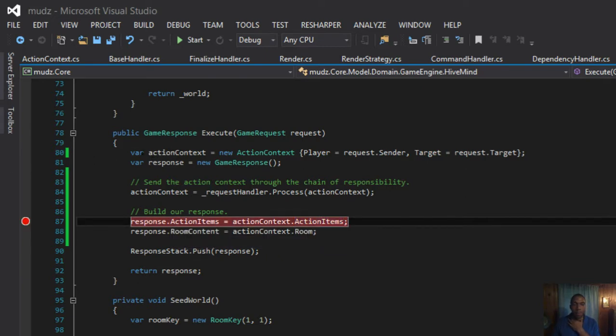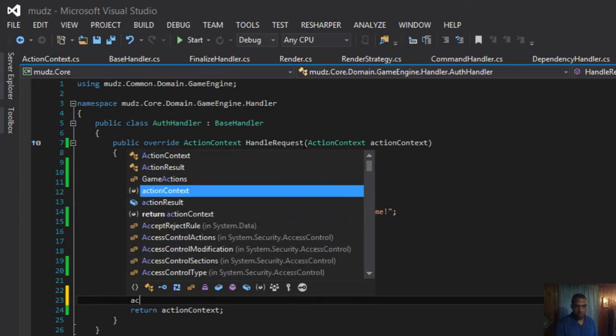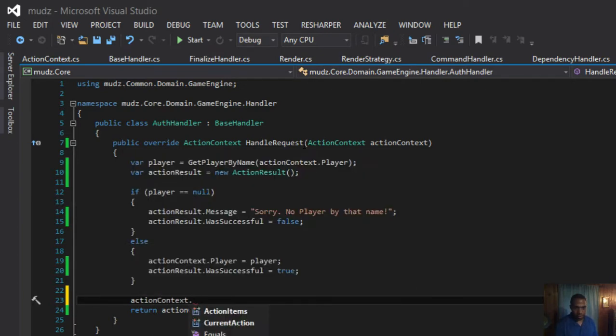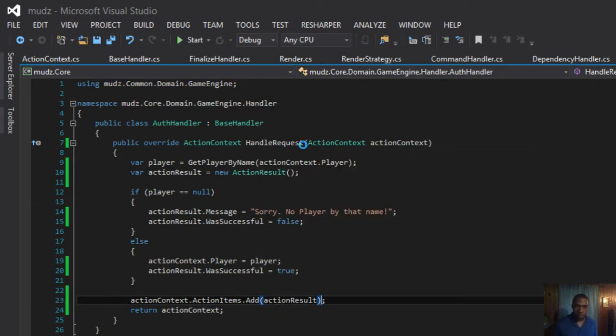So let's go ahead and debug there. Let's go ahead and do this. Action context dot action items dot add action result. Right, so we should get that now. Let's go ahead and put a debug point there.